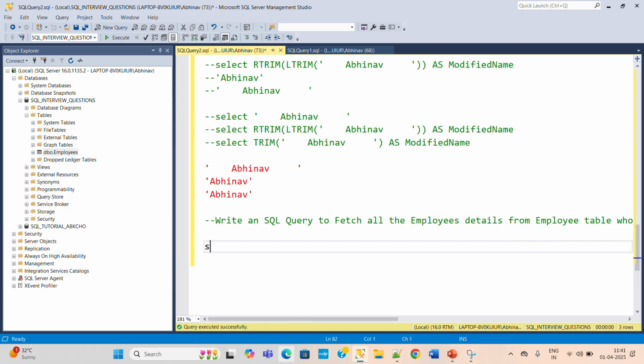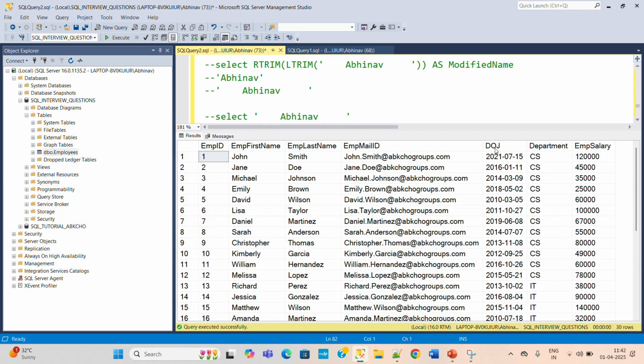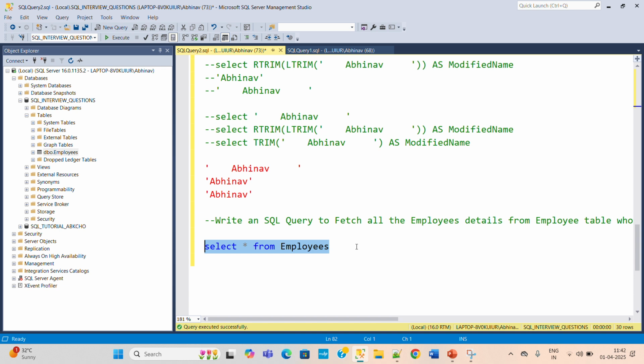Now select star from employees, execute. So we need all the employee details whose date of joining is in the year 2020. So for this particular we will use a date part function and find out the year of the joining date. So the final query for this is select star from employees where